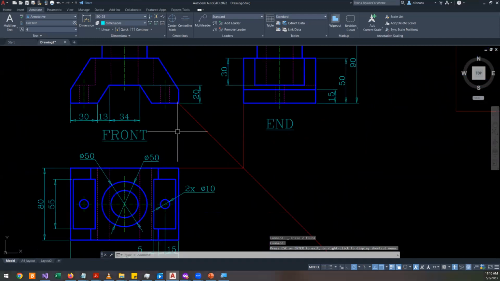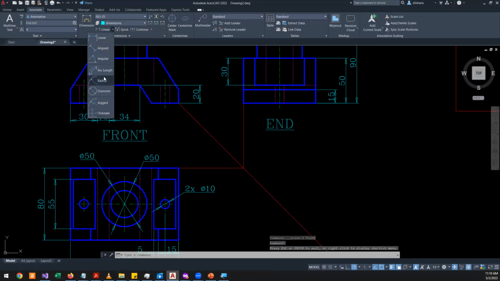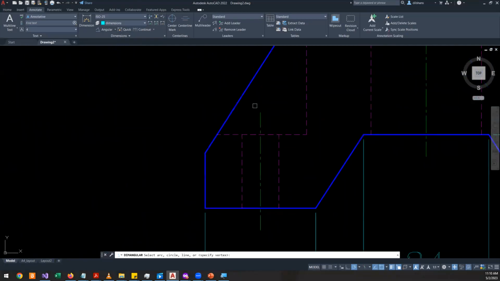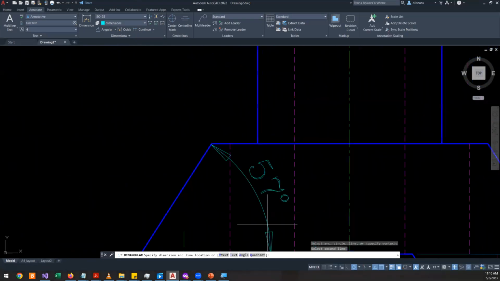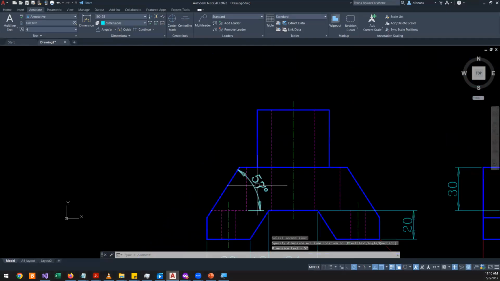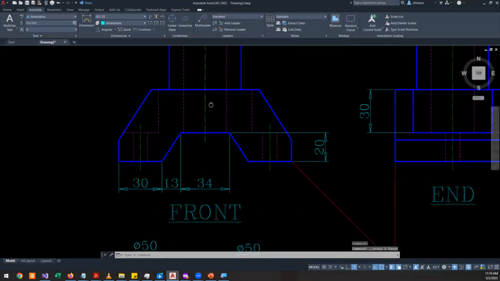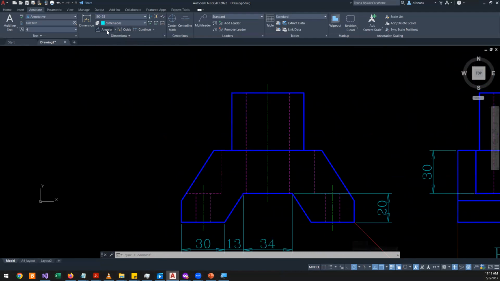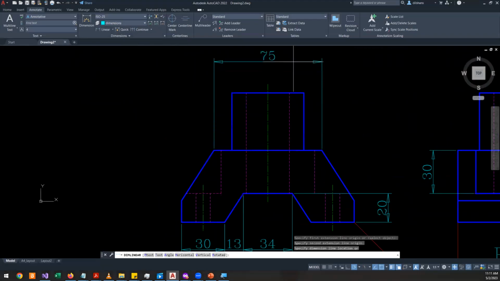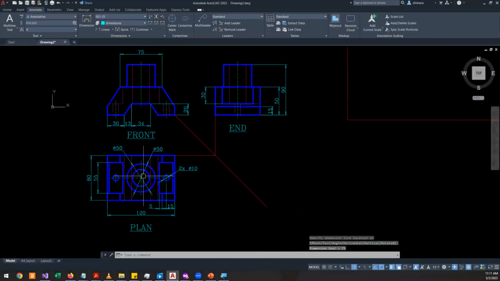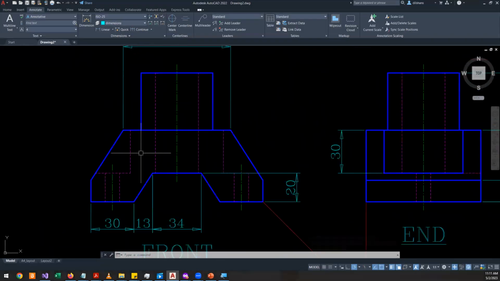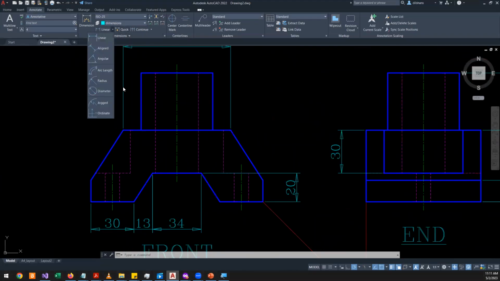Yeah, I want you to explore the other dimensions like angle. They are very simple. So angle is simply to give you the angle. What you do is select two objects and you specify the angle. Okay, here if you specify the angle, that is wrong. I am missing a dimension. This one. Yeah, so you can add an angle or an arc length